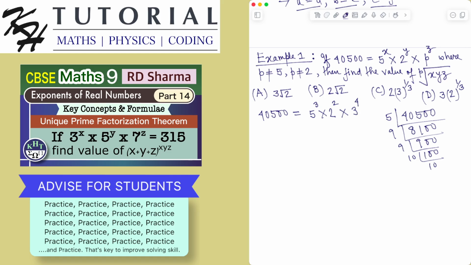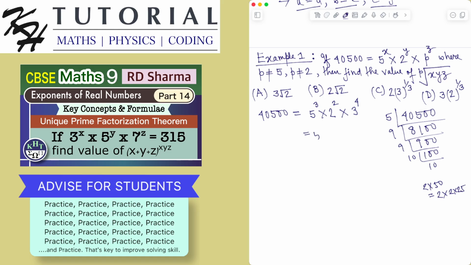I hope I am right. Let me check again. 9981 is 3 to the power 4. 250 is 225, so 2 square and 5 square. Okay, I think it's right. So 40,500 is 5 cube multiplied by 2 square multiplied by 3 to the power 4, which is given